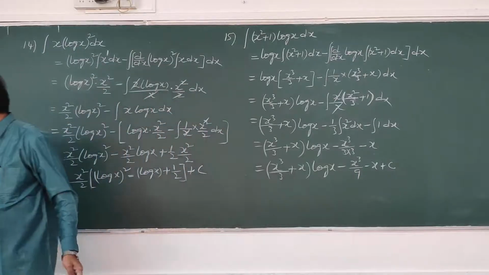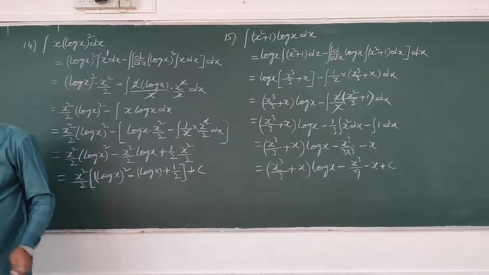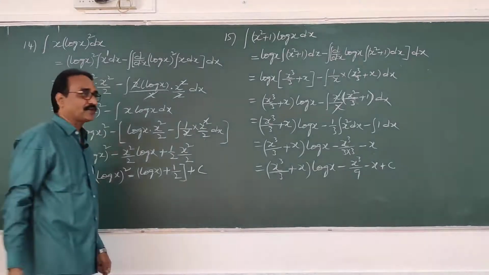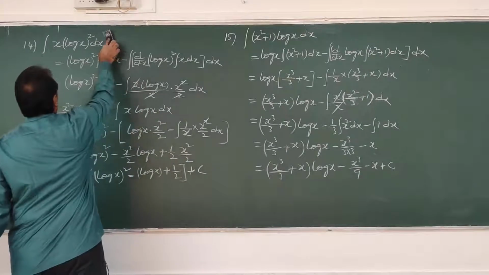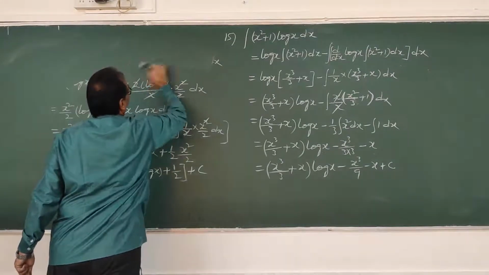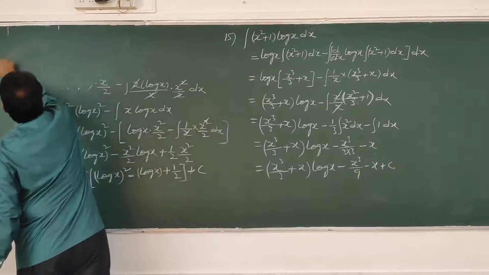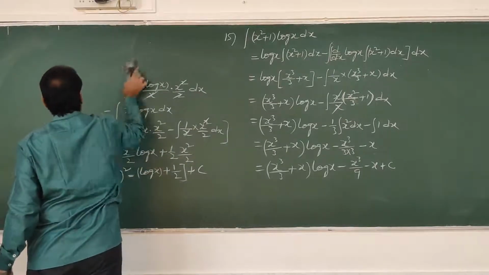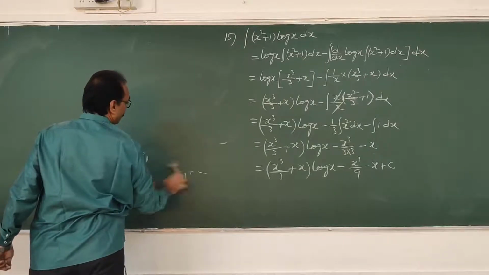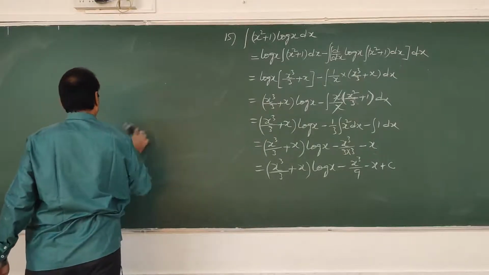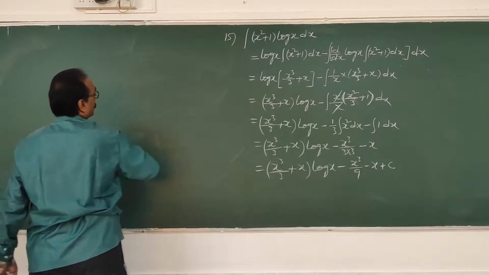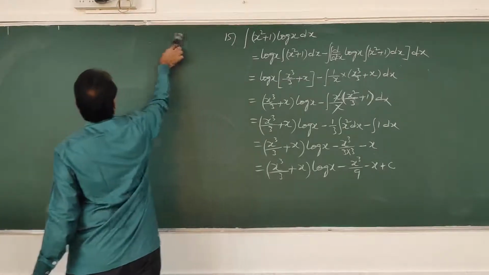Next, after problem 15 we are moving to 16. From 16, first I taught one formula: integral of e power x into (f of x plus f dash x) dx is equal to e power x into f of x plus c. Using that formula will be there. That is a very important formula. So in entrance level exams also they will ask you. So you must be very careful about that.